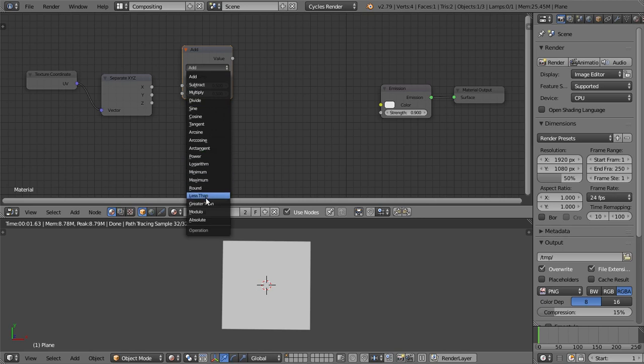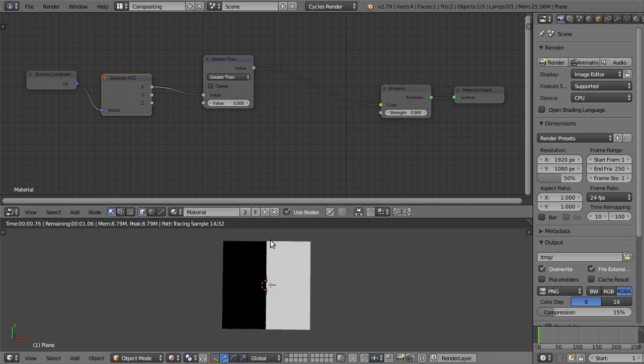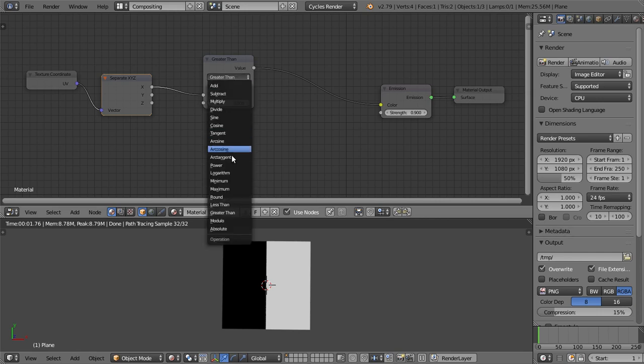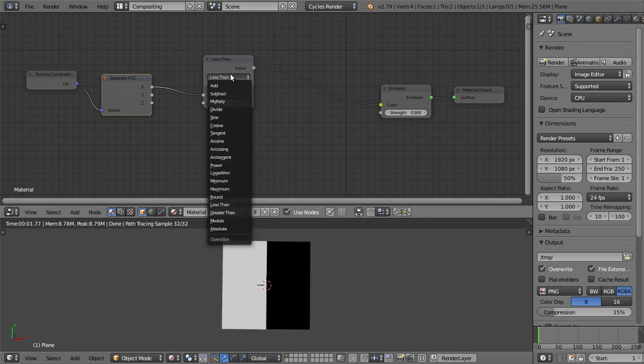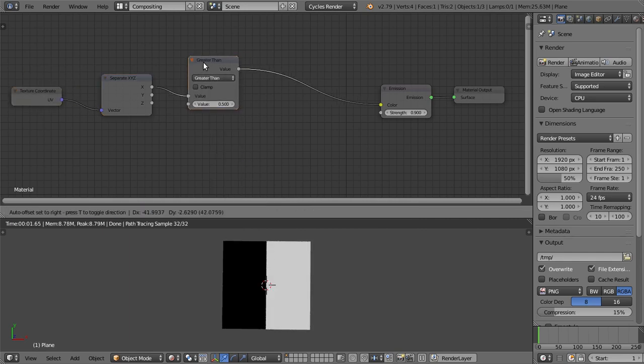So alright, we'll go with greater than. So we'll go x is greater than 0.5. Put that in the color slot, and anything where it is greater than 0.5 will return 1, which is true, and 0, which is false. In this case, 1 is full 1 for every value, so you get white, and 0 is black. And you can also do less than, and it inverts it. You're like, well, that's not interesting enough yet. Well, we can also do this with a